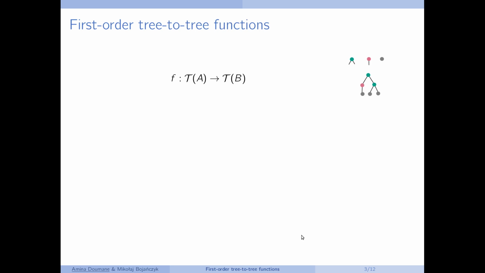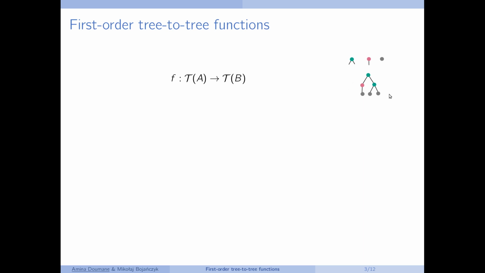Now let us move to the realm of trees. Actually there are multiple models of trees in the literature, but the one that we will focus on is that of ranked trees. To construct a tree, we need a ranked alphabet, which is a set of elements having arities. So this is an example of a ranked alphabet. It contains a binary element, a unary element, and a nullary element. And a tree is obtained by combining these symbols by respecting the arities. So this is an example of such a tree.